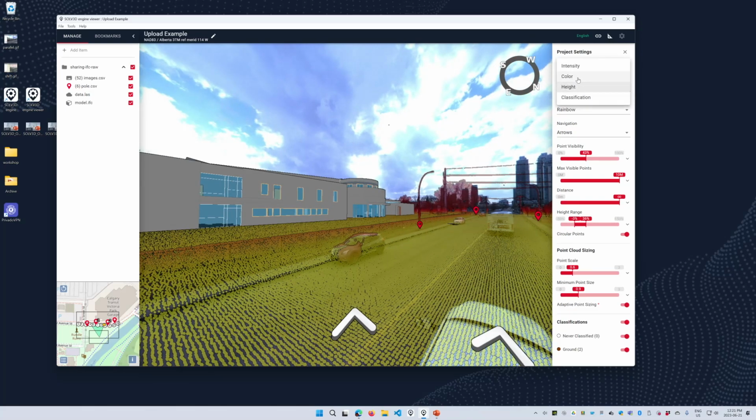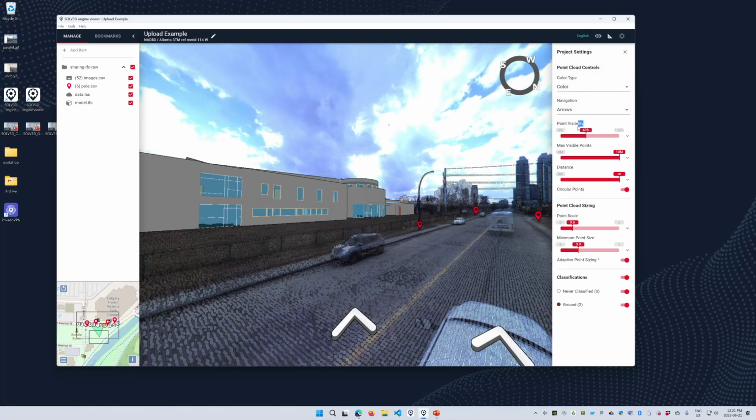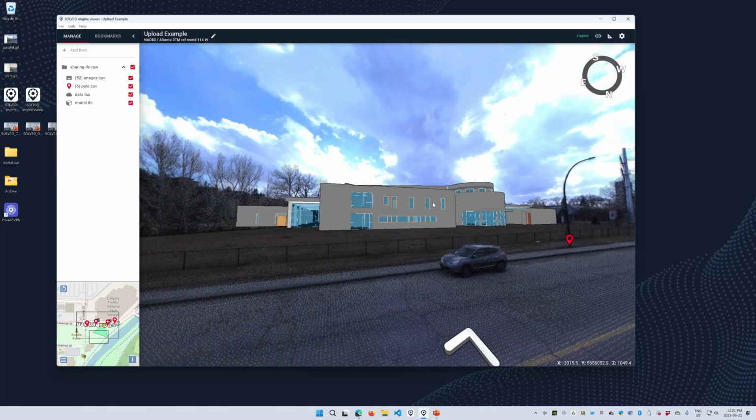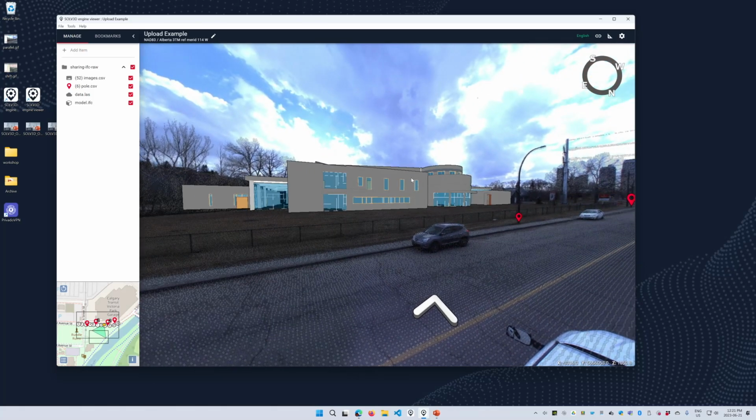So maybe I don't want to view the point cloud by height map here. Maybe I want to view it by color, and I want to turn down my points a bit. I'll just do that, and maybe turn down the size of the points. So yeah, there. Pretty happy with that. So once I'm ready here,